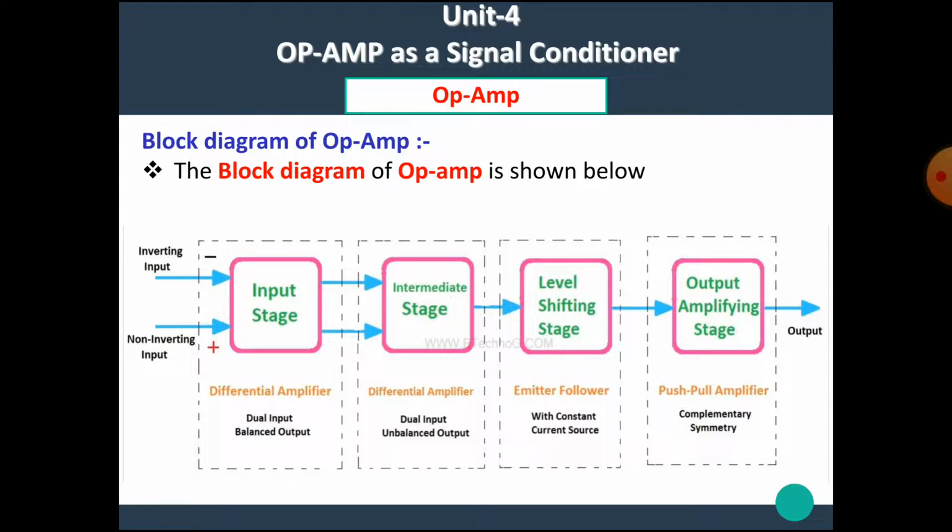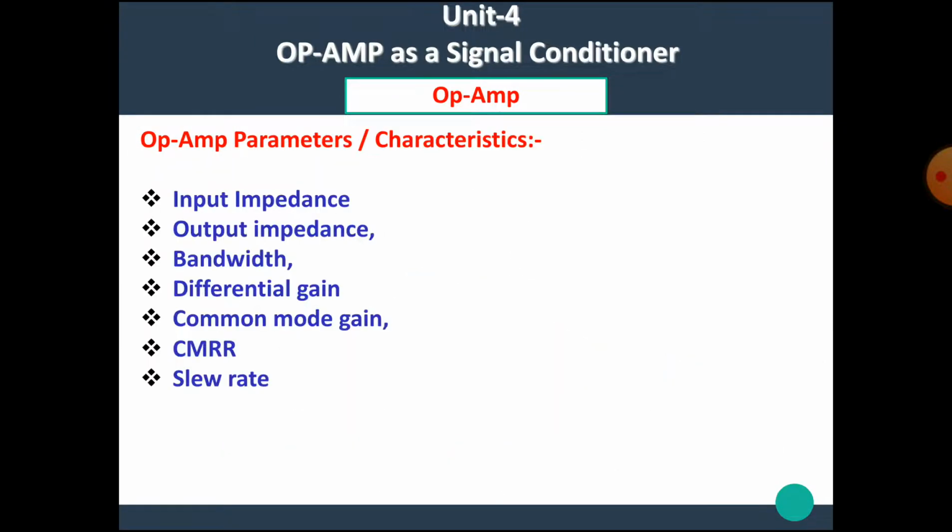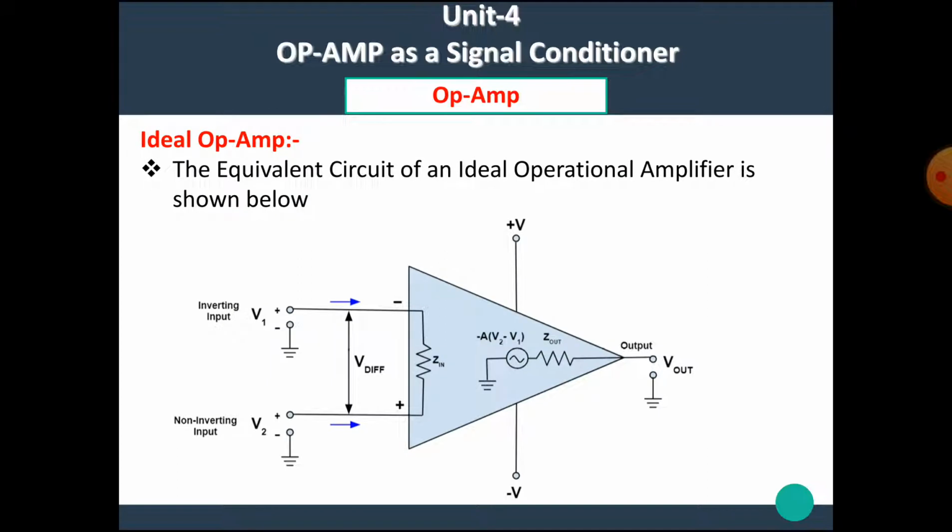In previous video, we have seen the block diagram of the operational amplifier. The link of the previous video is available in the description box. Please check it. Now, in this video, we are going to see the parameters or the characteristics of the operational amplifier. Before going to see the parameters or the characteristics of the operational amplifier, let's see the equivalent circuit of